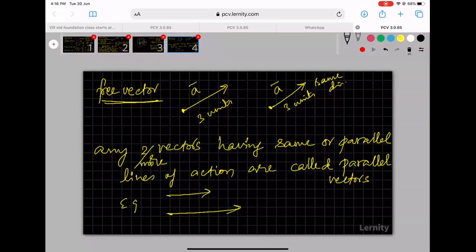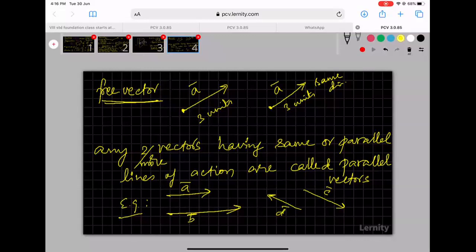See, these two vectors here, this is A bar and B bar. A bar and B bar are parallel vectors. Let us say this is C bar and this is D bar. C bar and D bar are also parallel vectors. "They are in opposite directions, sir. I cannot call them parallel." It's not like that. Parallel vectors can be in opposite directions also. They need not point in the same direction.